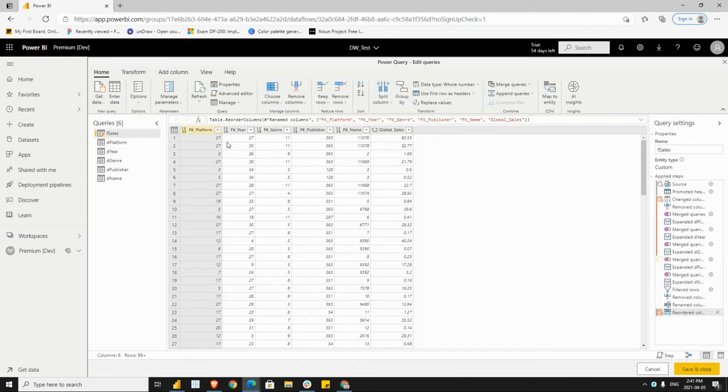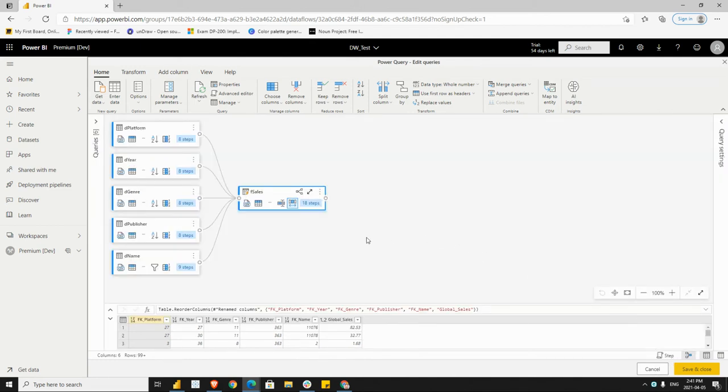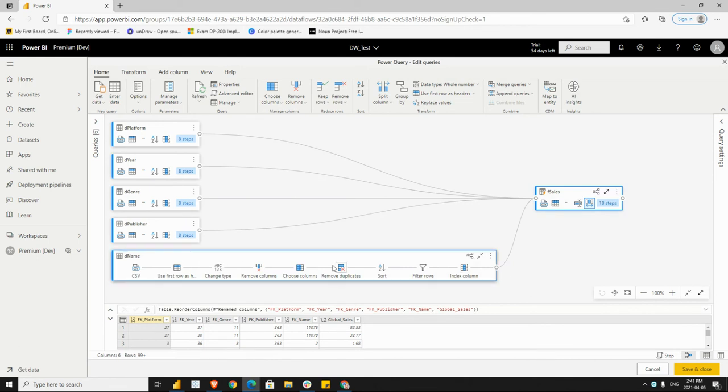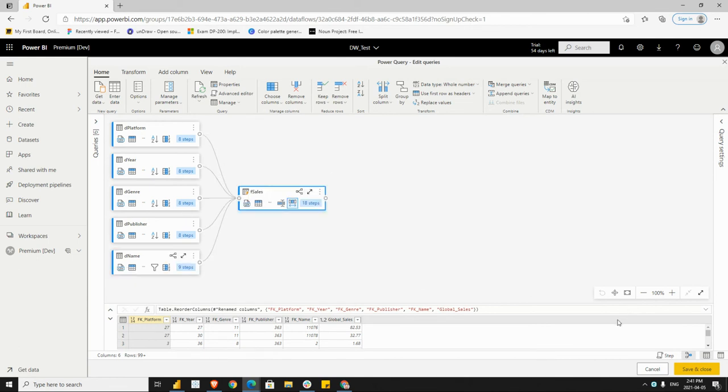And as you can see, we have the foreign keys, which are the indexes from the dimension tables, inserted into the fact table. A cool way to visualize all of this is the diagram view. The diagram view is going to give you all the different dimension tables with all the steps that they have. So if I enlarge it, it's going to show all of them here, which is the same thing as